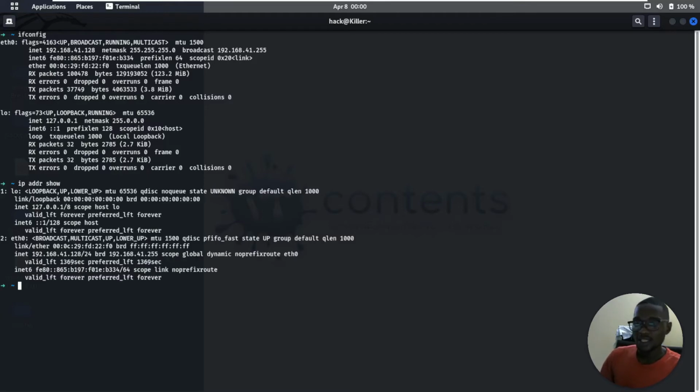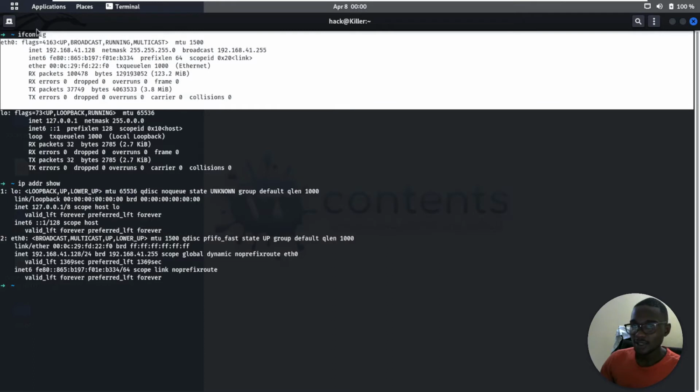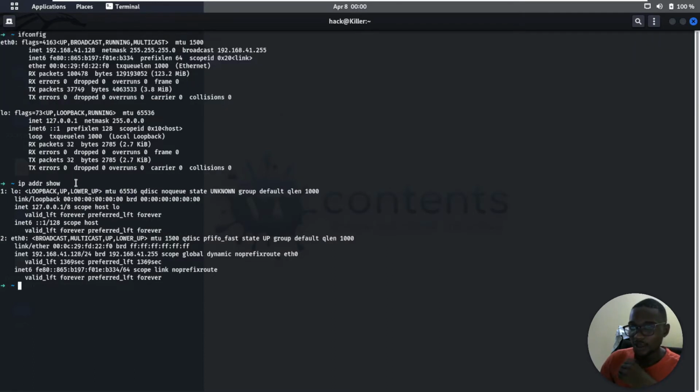So if I press enter, you see it also brought the same exact information as that, okay, but kind of in a different way. Okay, but they are all specifying, as you can see, this one started with a loopback, then there's our Ethernet, eth0. Okay, so now how would you,